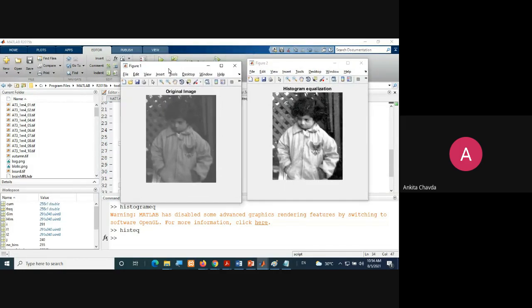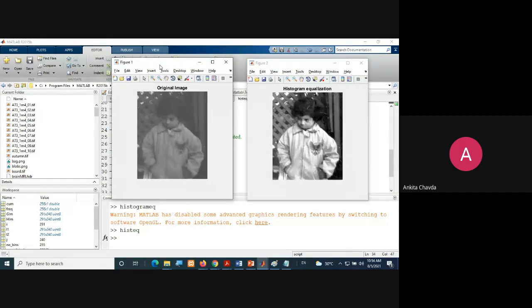Yes. So just check the output once. Wait for 2 minutes. First see the output.